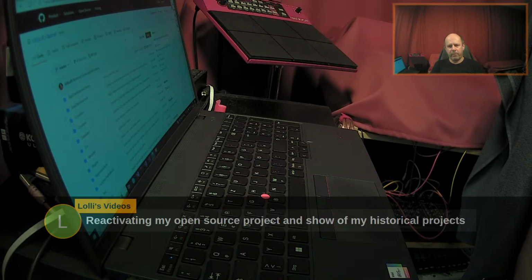I have a continuous integration build system running with Jenkins, and this Jenkins instance for Windows builds is